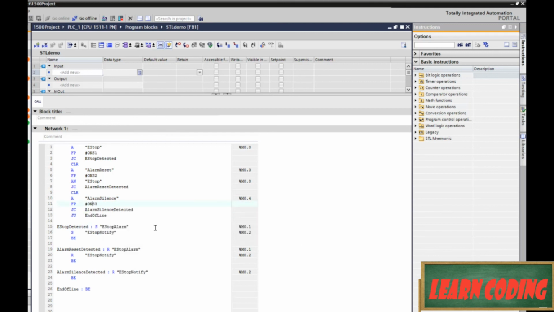So now that's a little bit more professional of a program, because now when I push the alarm reset button, it's only going to jump down here one time. It's not going to jump down here for 50 scans while my fat finger is pushing that button down. Same thing for the alarm silence, okay? So, you know, it was working before. You can say, Paul, you didn't need to do that, but this is a better program, and if I get in the habit of creating logic like this, that's robust, that works precisely,